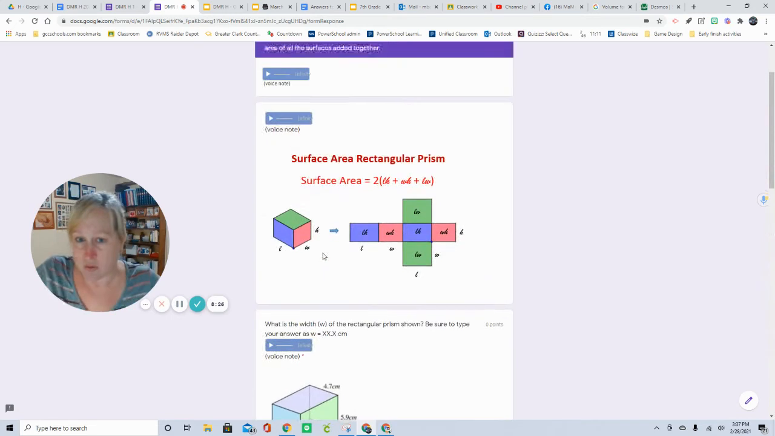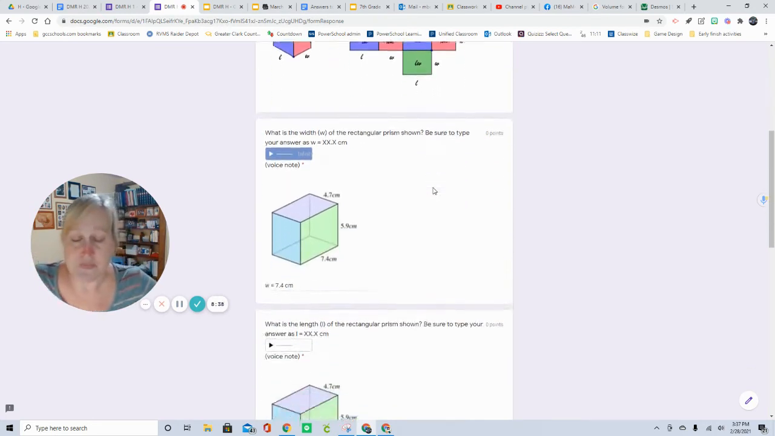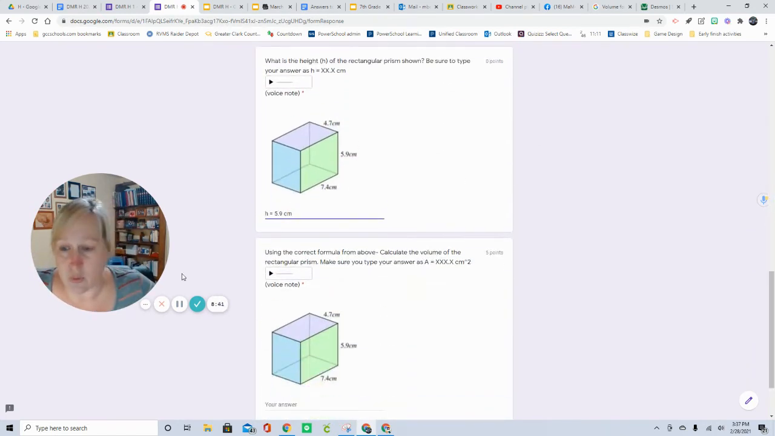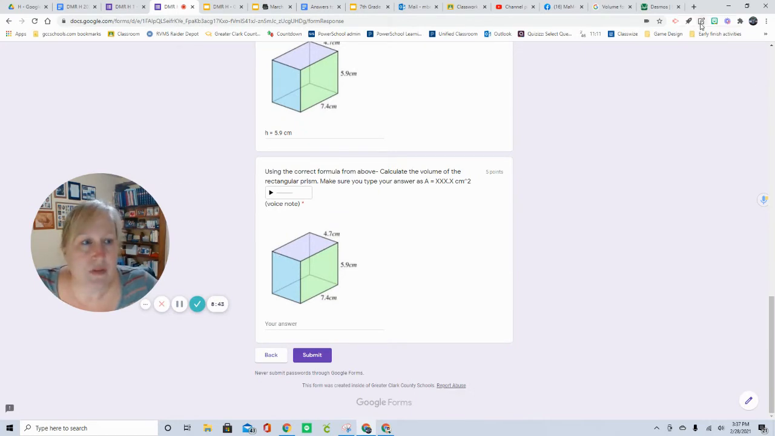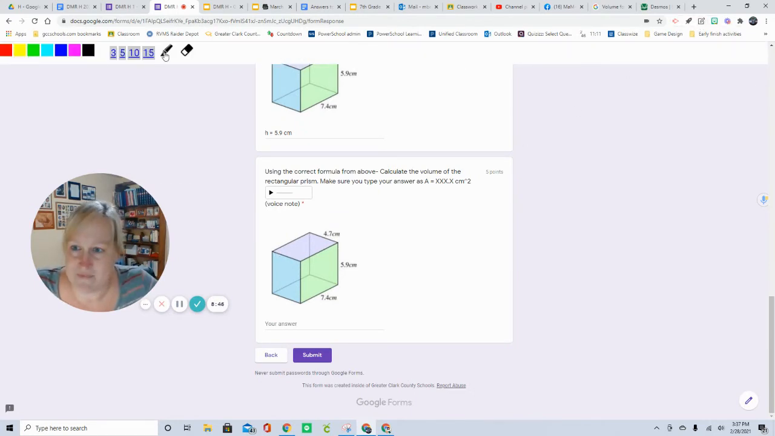So I'm going to come up here and I'm going to remind myself of what the formula is. SA, surface area, equals 2, parentheses, L times H plus W times H plus L times W. So hopefully I will get that in the same order. Okay, so I'm going to write that down. Surface area equals, and you should be writing this on your desk, on your paper, on something, L times H plus W times H plus L, I don't know why